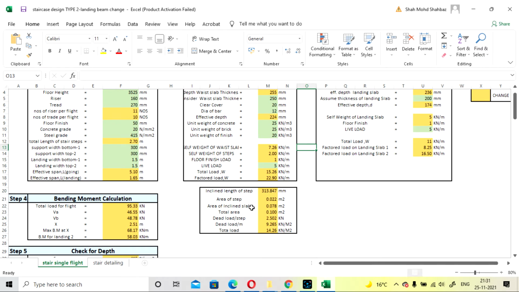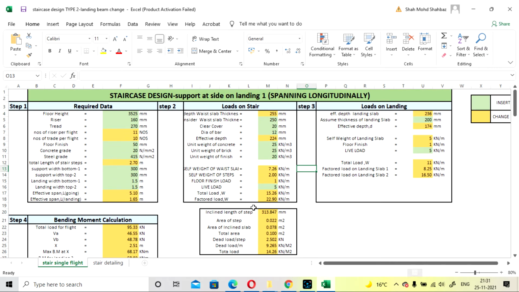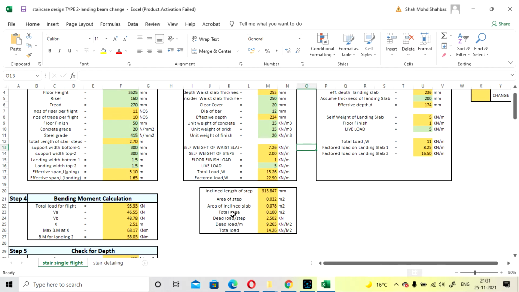Here is some of the data showing how this load is calculated. These are the steps, calculated in meter square. If you are confused about how it is calculated, you can check these values. The inclined length of the step is calculated first. The area of steps for the inclined line is calculated here, and the area of the inclined slab is calculated. I have divided it into different sections so you can easily understand how it is calculated. You can go and check the formula.